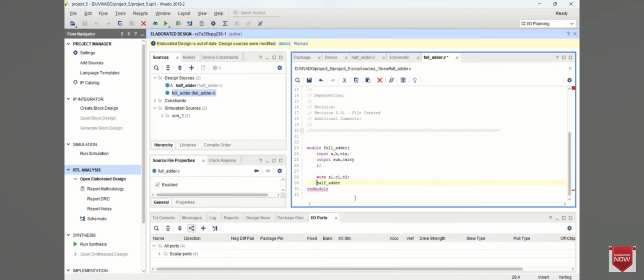Now use the component instantiation with HA1 and provide the inputs as A, comma B, comma sum S1, comma C1. A and B are the inputs of the half adder, and S1 and C1 are the sum and carry of the first half adder. In a similar manner,